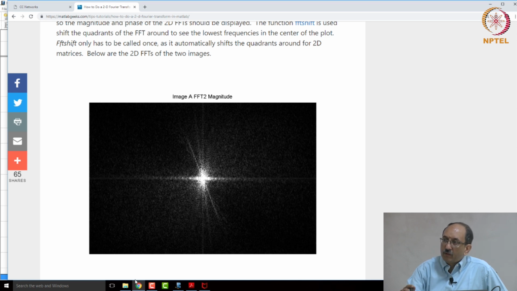So, the same thing will happen here. If you had a surface that had a sinusoidal variation and then if you took its 2D Fourier transform, you will see a line component only at that particular spatial frequency. So, this corresponds to the x spatial frequency, this corresponds to the y spatial frequency. This point always will be 0, 0. So, this is the first quadrant, second, third and fourth, and you see this is the magnitude frequency response and mainly this is around omega equal to 0, right. Therefore, the dominant components in this image are low frequency components. So, this is the magnitude response for the first image,